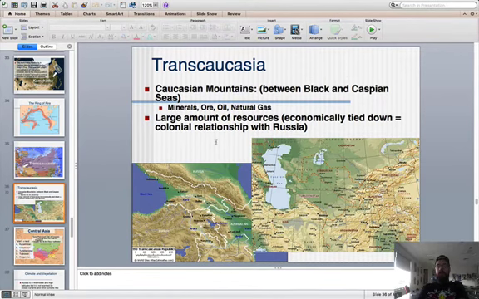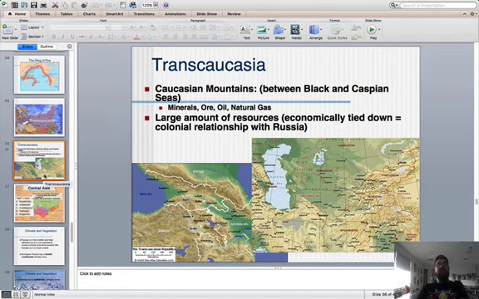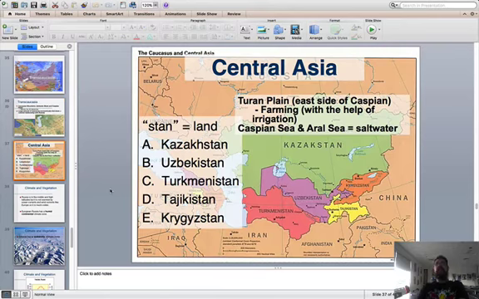So after losing it, after the fall of the Soviet Union, it definitely hurt them economically. So that's why they would like to be able to get that part back. And then Central Asia is your "stans": Kazakhstan, Uzbekistan, Turkmenistan, Tajikistan, Kyrgyzstan. So this area is really sparsely populated, landlocked pretty much for the most part. So, I mean, there's not a lot of economic activity here. There is some farming, but the land isn't super arable. So, yeah, there's not a whole lot going on in these countries, economically speaking,